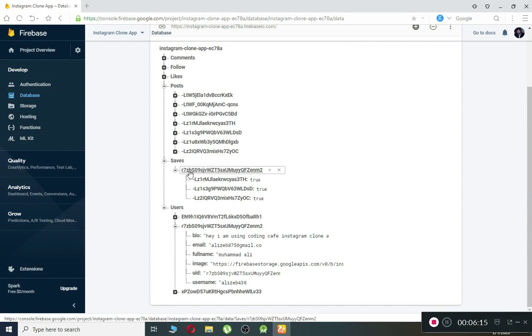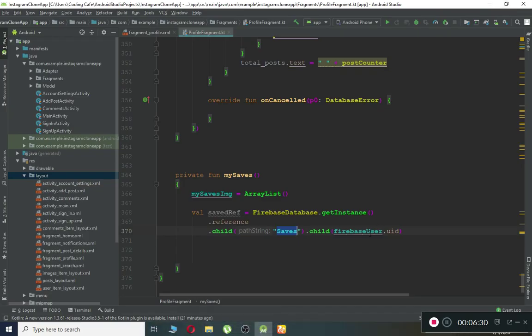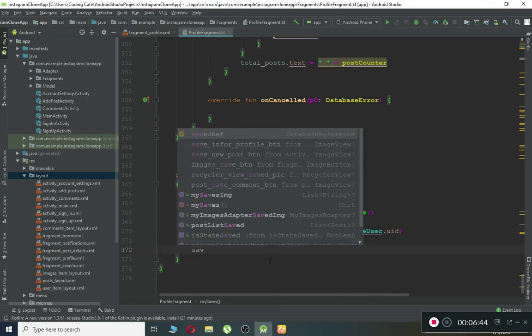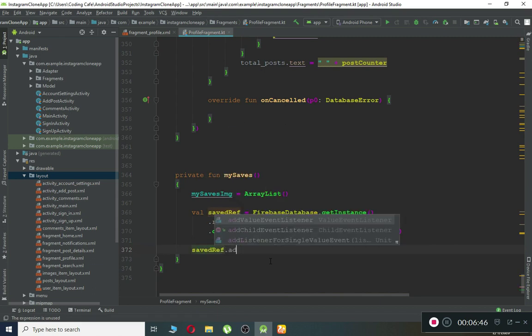Okay, if there are other users, let's say John. So John will have their own unique ID, and under that ID we have the post keys. So we are basically now retrieving these keys, and that's why we say Firebase user.uid. So let's say I'm Muhammad Ali, I'm online, so it will get my ID and go under the save node, and under my ID there will be post keys which we have to retrieve and save in our list. So we can say save reference dot add value event listener